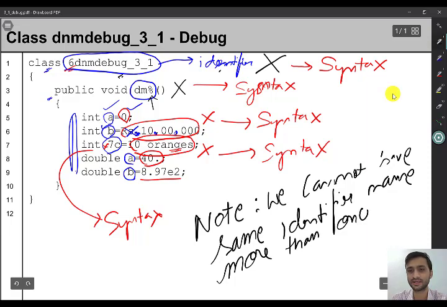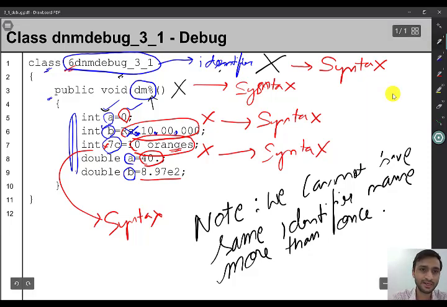Just remember this thing, okay? While writing a program, we cannot have the same identifier name more than once in a single program. Not in different programs, okay? In a single program, we cannot have identifier names which have the same name.